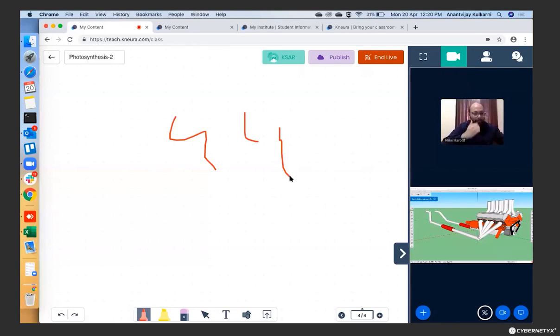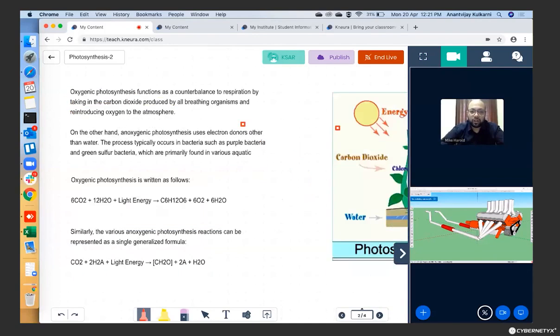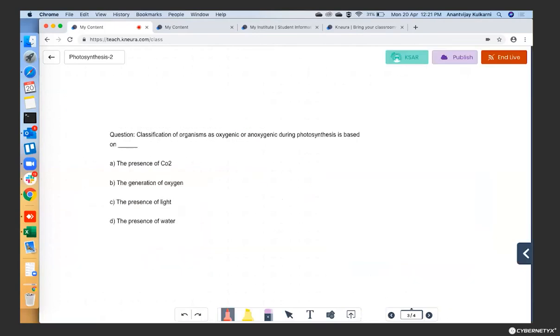Not only this, if the teacher asks any question, there is an option to immediately conduct a quick poll, and then students can answer that. So let's say the teacher asks a question, so let's come to that. Once I'm done teaching all the things I wanted to show the students, let's say I now have a question. So this is a typical format, right?